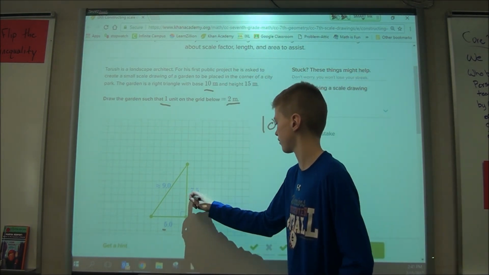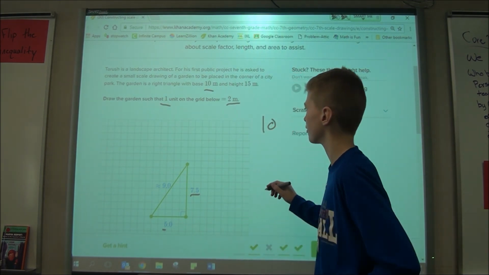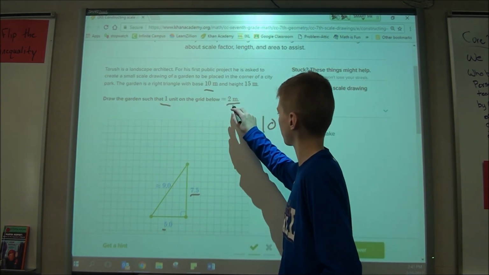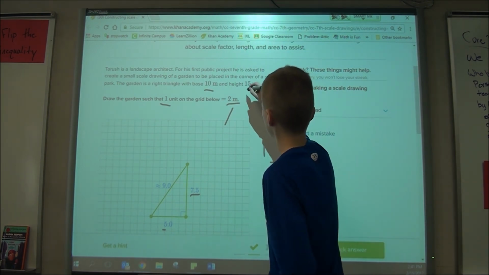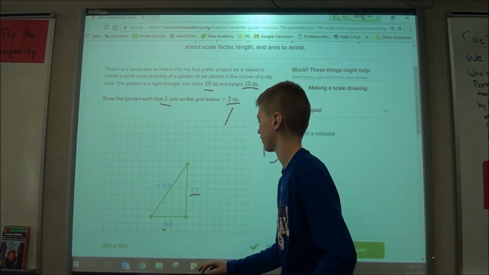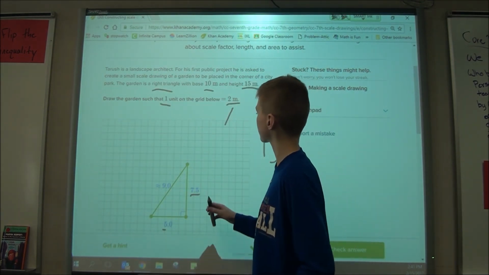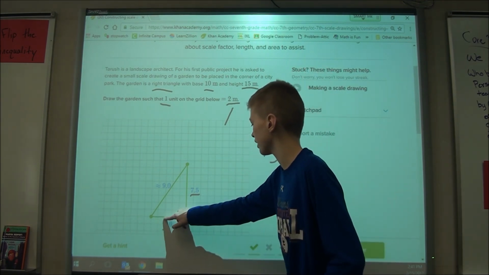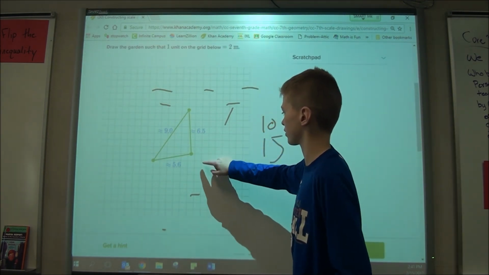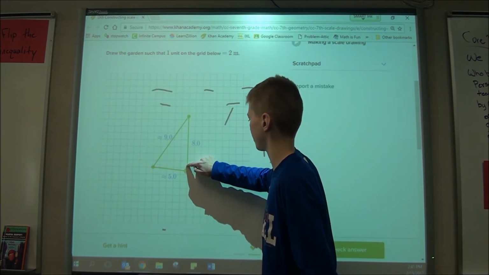And this is 7.5 meters, which we times by 2, which equals 15, which we need. So that means it's a right triangle with a base of 10 and a height of 15. Our base is the bottom part, and the height is the length, the straight part,